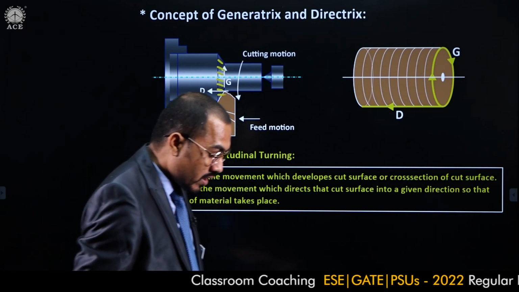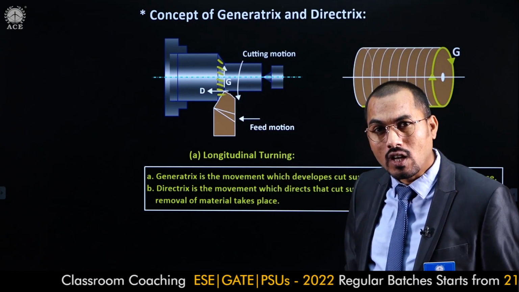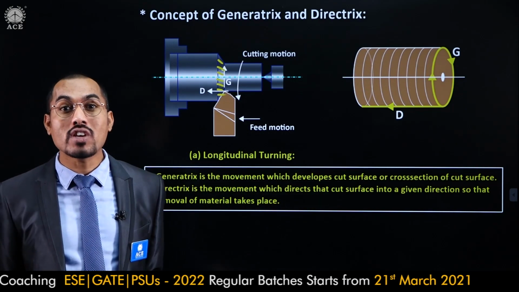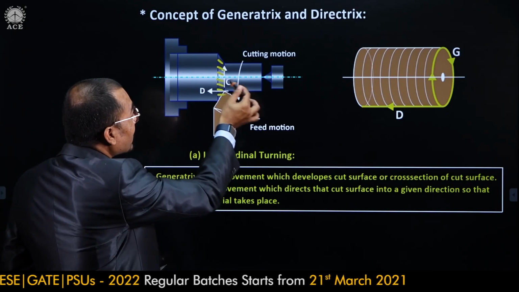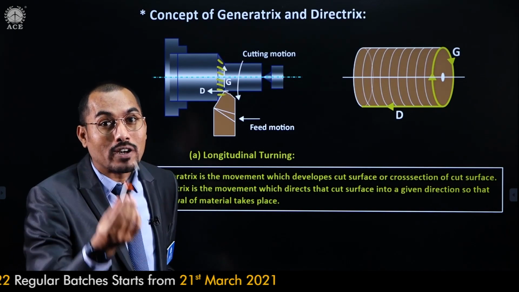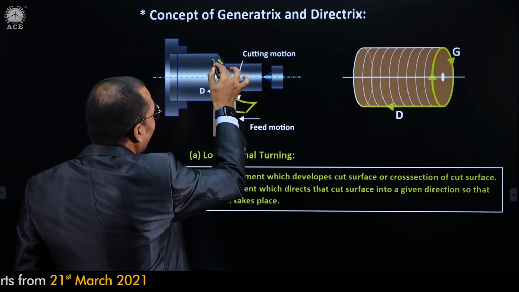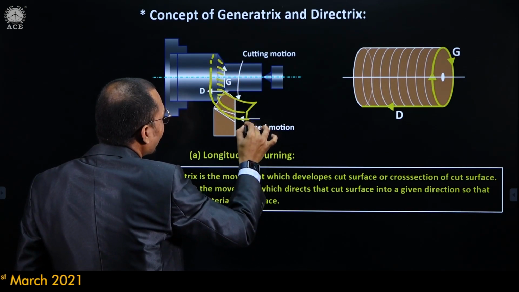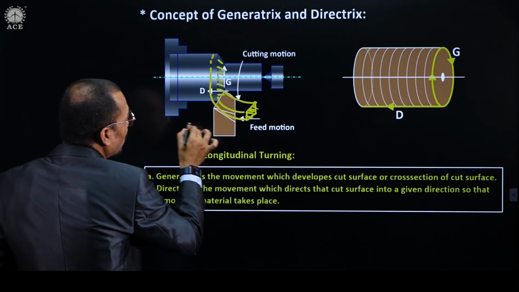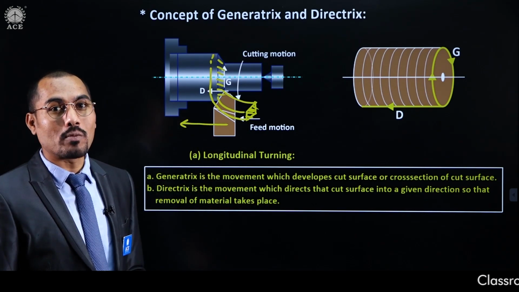Now, if my tool is not moving in any direction, if my tool is there itself, will there be any chance of volumetric removal of material? No, sir. Volume has 3 dimensions, whereas this cross section has only 2 dimensions, it is the area, millimeter square, cross section of cut surface. But if I am interested to remove the chip like that, this is exactly the direction in which my tool has to travel. This is the direction in which my tool has to move. Then only will the turning operation take place.